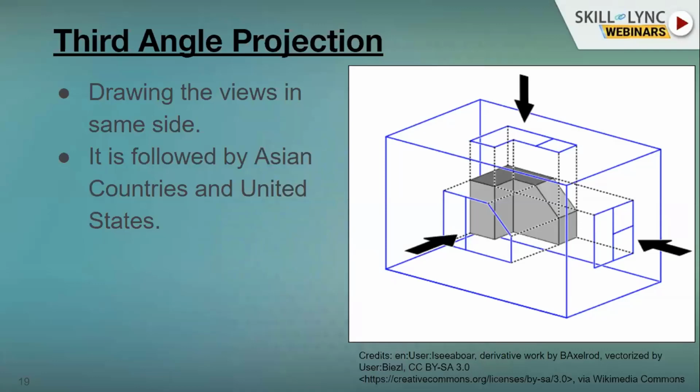So simply drawing the views on the same side is called third angle projection. It is actually followed by Asian countries. In India, we do follow the same third angle projection as a common standard, and it is also used in the United States.